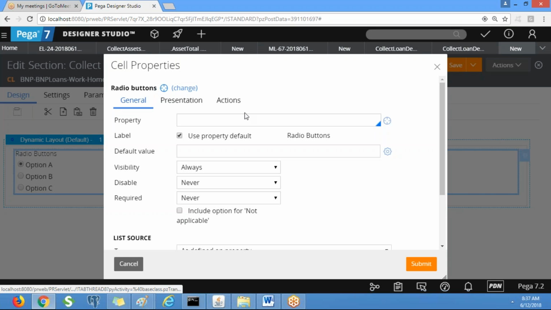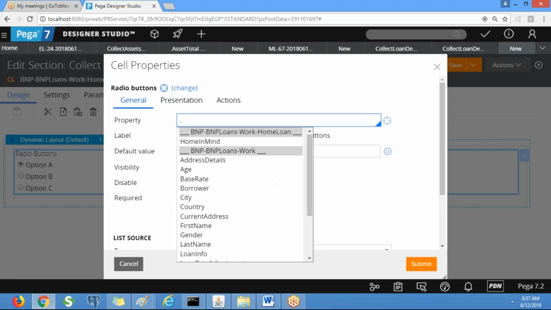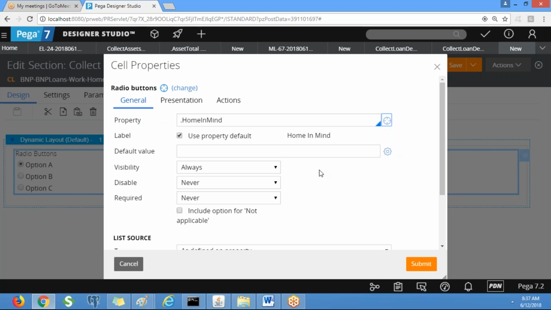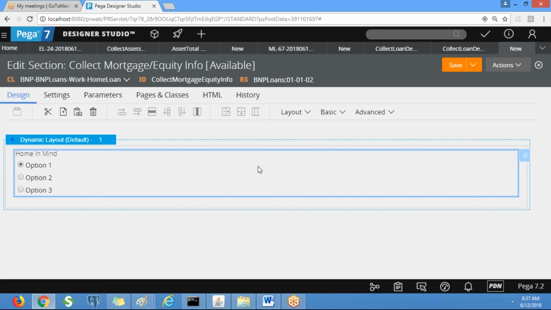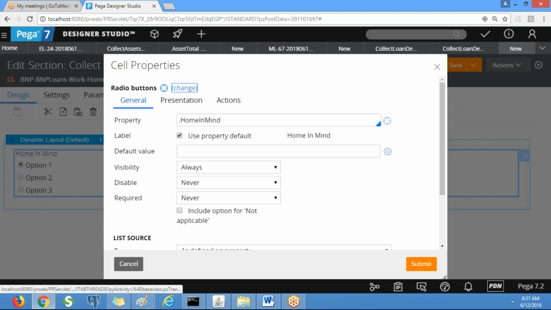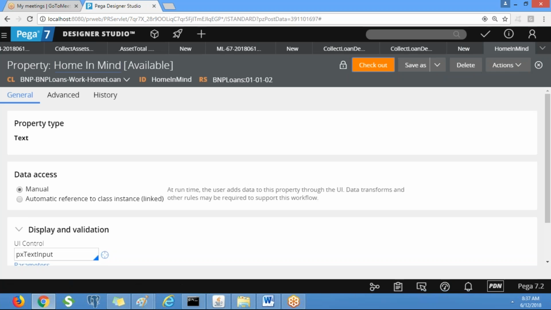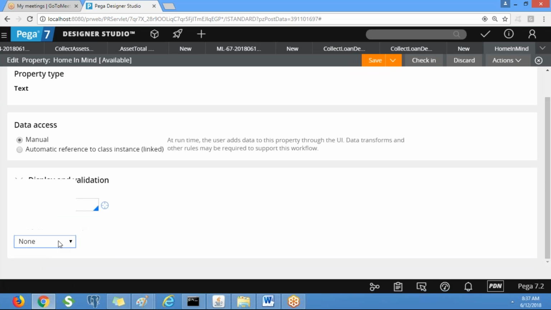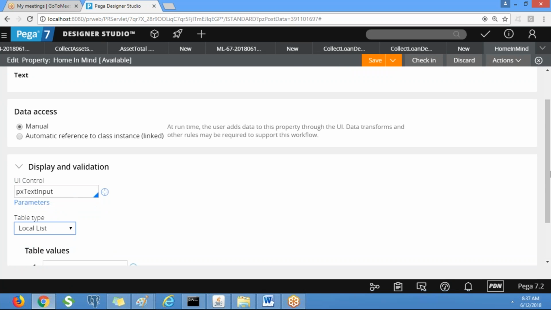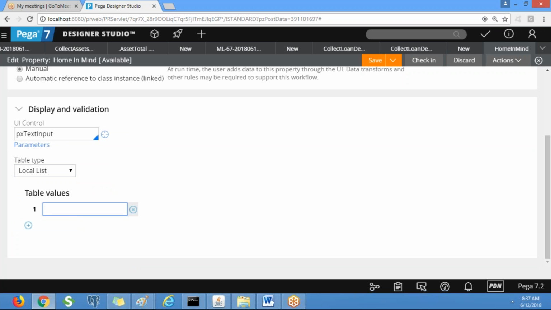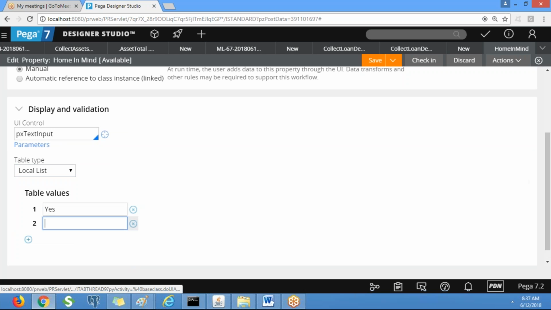So we need to use the control radio button and invoke the property called home in mind. So here we need to provide some values in the local list, right? Yes or no. That means user is going to select yes or no.